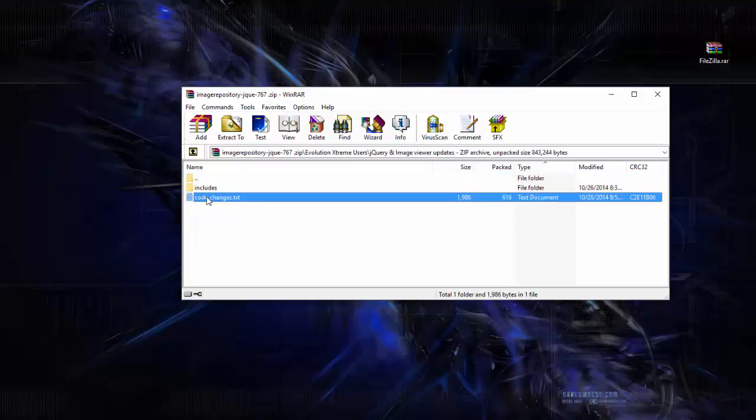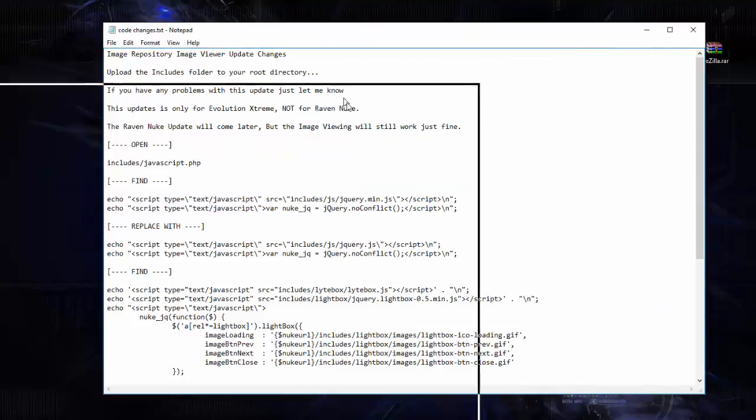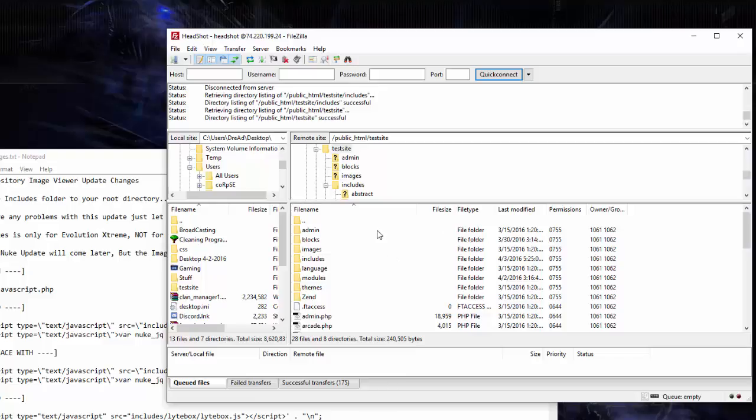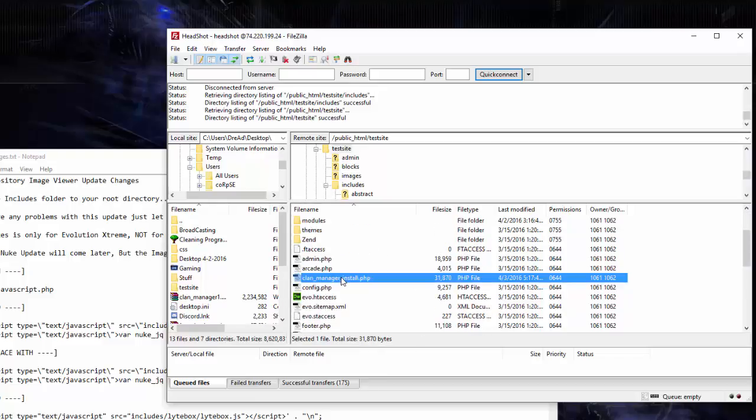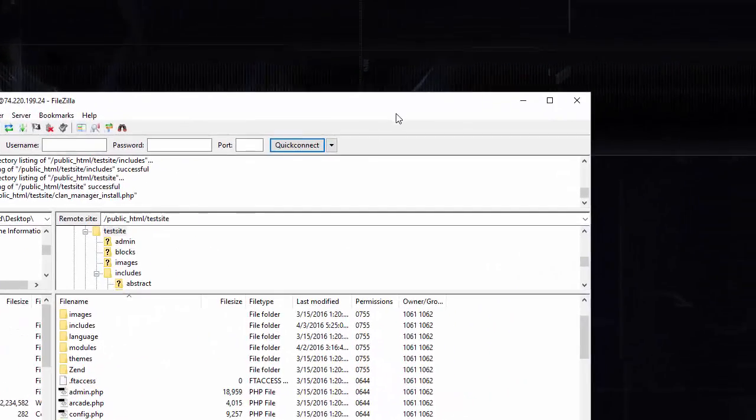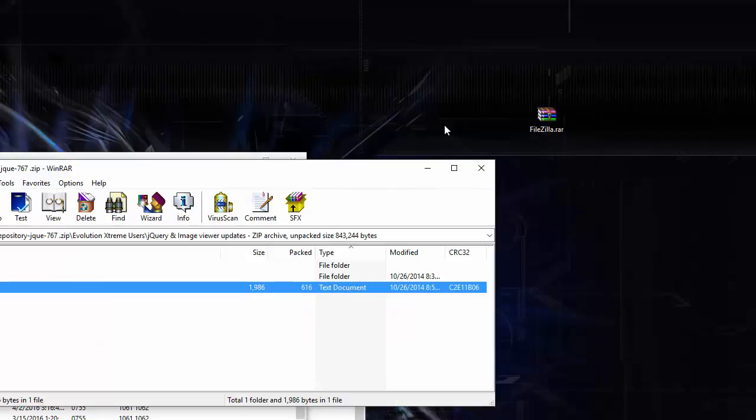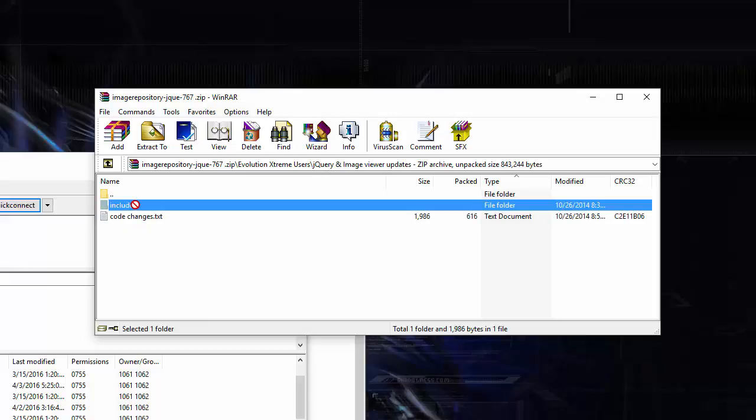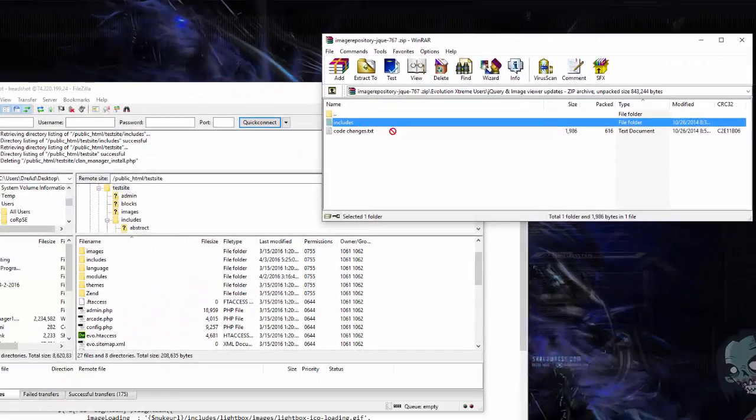So here's the text file. Let's just move that down here for a sec. Let's open up our FTP and bring it to the root of your site. I didn't actually delete all the files yet, so just ignore that. What we're going to want to do is first grab the includes folder here and drag